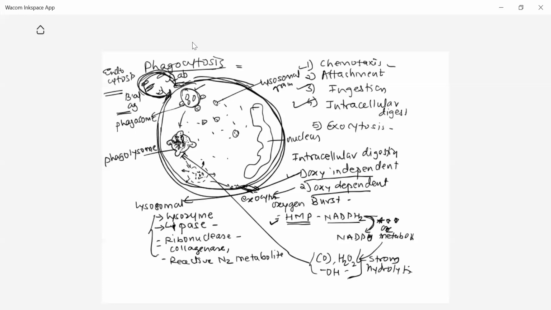So whatever foreign material, foreign antigen comes into the blood, or comes from an injury at some site, all that material is phagocytosed by these special types of cells. Which cells? The phagocytic cells are polymorphonuclear granulocytes, also called polymorphonuclear neutrophils. Another cell is the macrophage, which originates from monocytes. So that's all about phagocytosis, and that is how we complete the second line of defense mechanism.